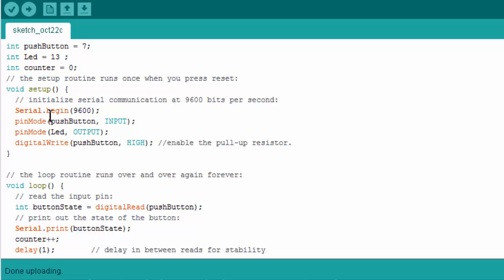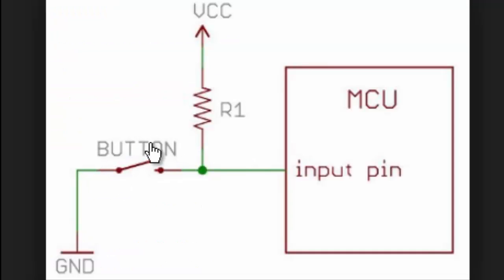And this can be a little bit confusing because we set it as an input and we write a high voltage. And what this does, this is enabling the pull-up resistor inside the Arduino. So this is the button connected to the ground and connected to the input pin. And we set the input pin high, so the Arduino puts 5 volts on it, and it put the resistance